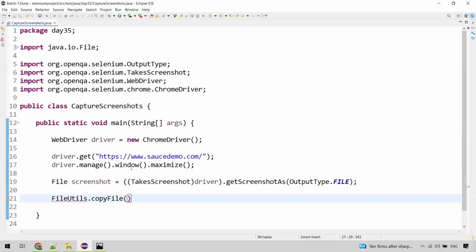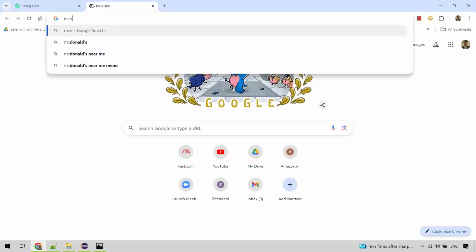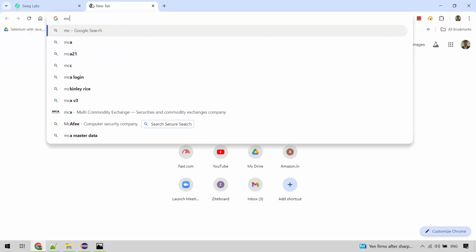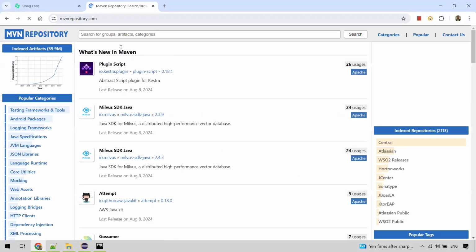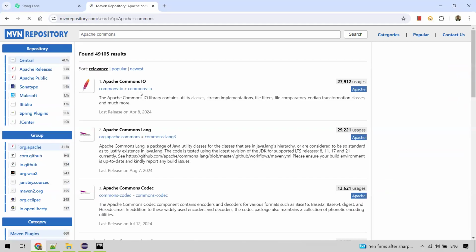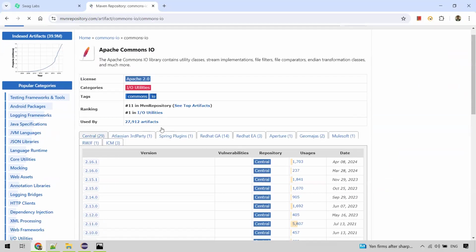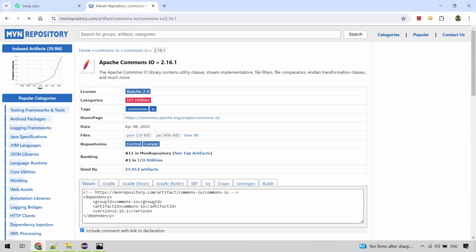It's a different package. So how do we get it? So it is not present within the Selenium package or Java, right? It's a third party one. So how do you get it? In order to get any third party ones, we actually get it from the Maven repository. Go to Maven repository, just type in Apache Commons. So you can see Commons IO here, right? So just get this, the latest version, copy it,